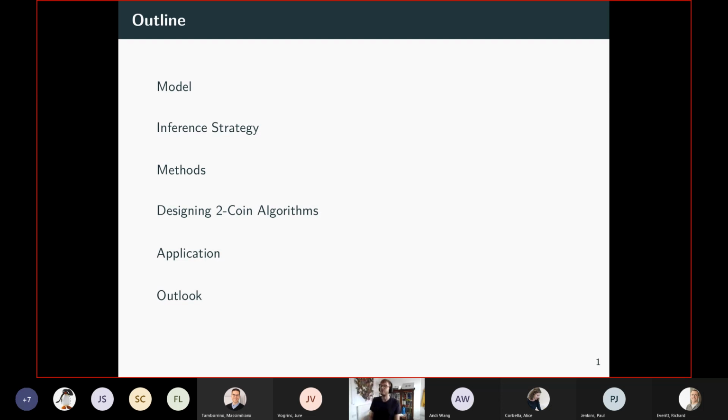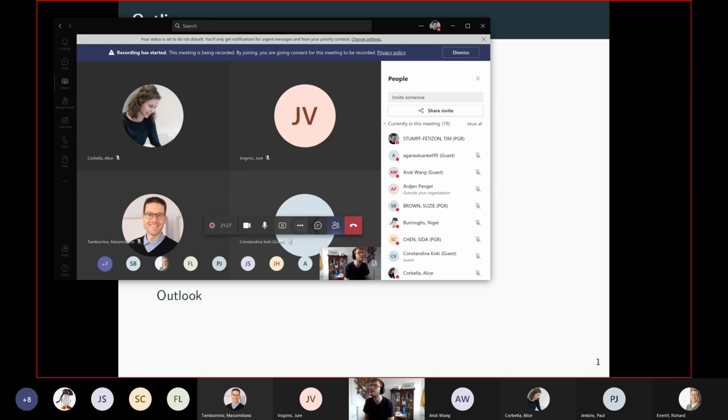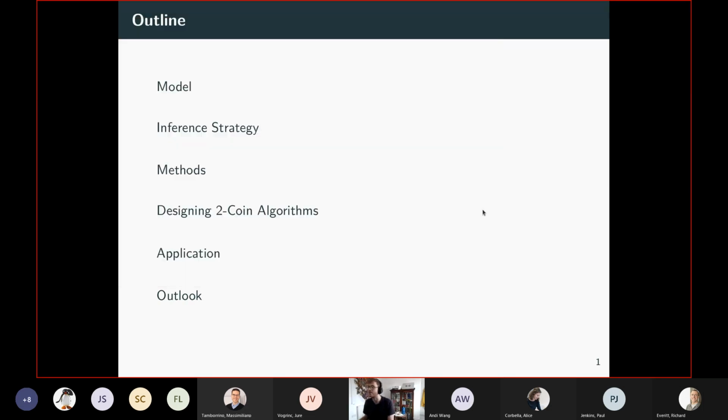The structure of the presentation is that first, I'll be saying a few things about what the kind of model looks like that we're interested in, then go on to what the inference strategy is, and then I'll start building a pretty tall tower of methods that we need to make everything work. And actually, lucky for me, Dutek had a presentation on some of those methods not long ago. I think that was 2 weeks ago.